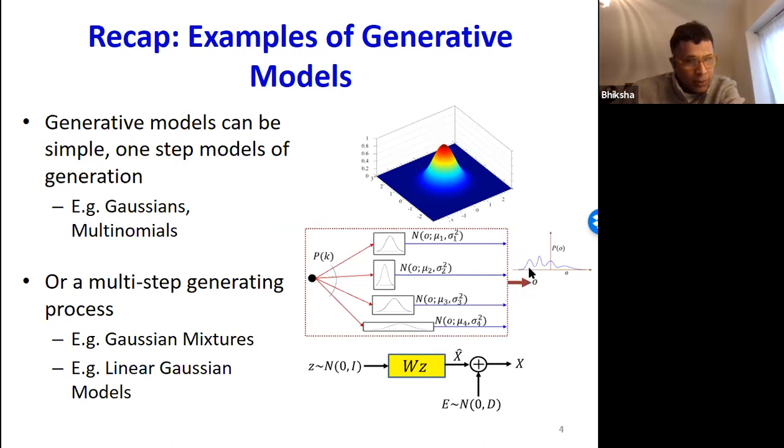And here, what we actually see is just the observation it has drawn, but the actual process of generation is a two-step process. Or this model here, what we call linear Gaussian models. We'll get back to this again. Here, you first draw a vector from an isotropic Gaussian, then you linearly transform it, and then you add some noise to it, and that gives you your final observation.